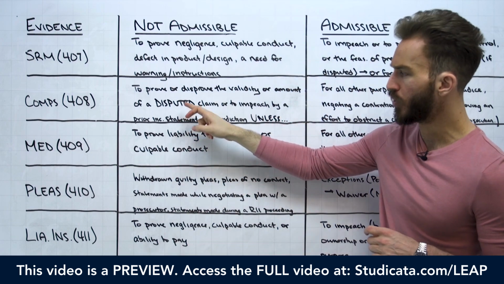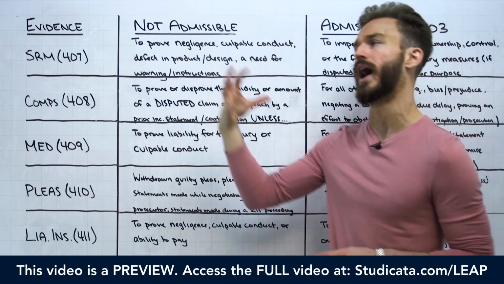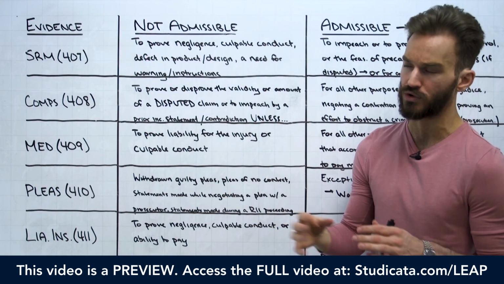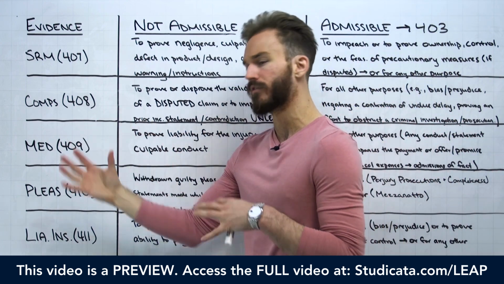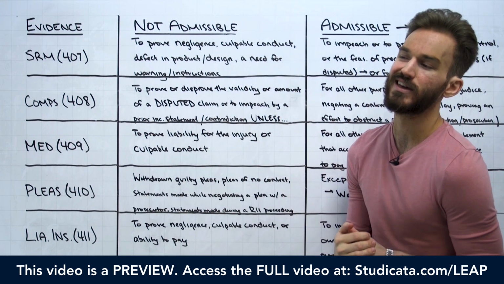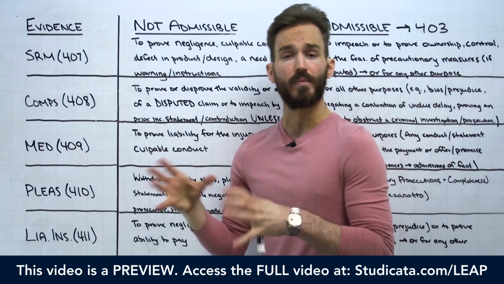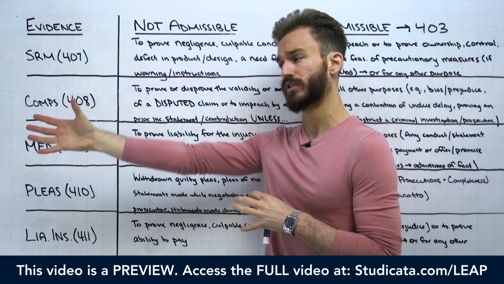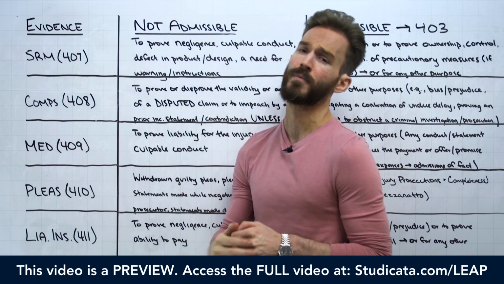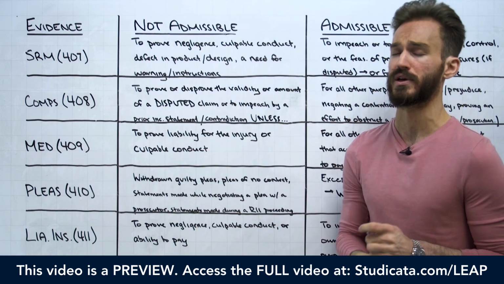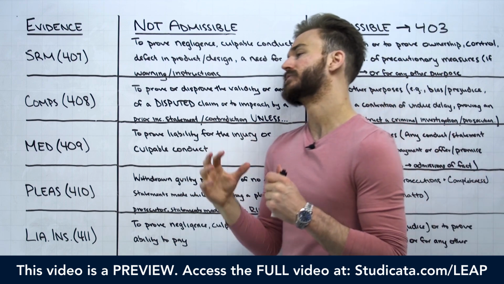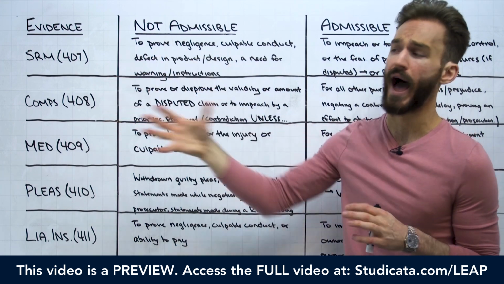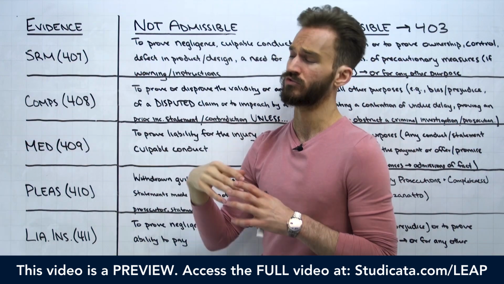But this operative word of a disputed claim is really important because a lot of times an evidence fact pattern will do this. Imagine this is the trick you want to look out for. Imagine that we have our creditor and our debtor, and the creditor says to the debtor, look, you owe me $15,000. I'm either going to have to sue you to recover the $15,000 in court, or we can try to work out some sort of settlement here. And the debtor says something like, hey, look, you're absolutely right. I do not dispute this at all. I owe you $15,000. There's no doubt about that.